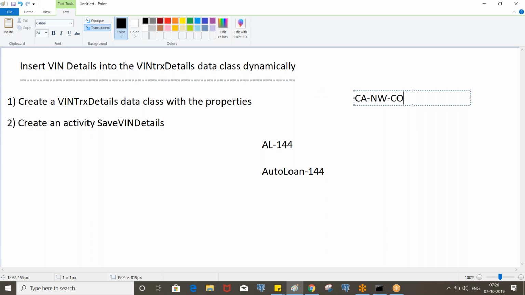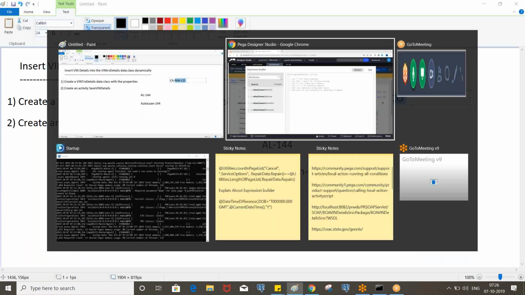In that case, we can consider what comes before last, where we use the token as the hyphen, so it will return only CA. Then what comes after first, so it will be like NW hyphen CO. Again, we perform what comes before first, so you will get the second state.